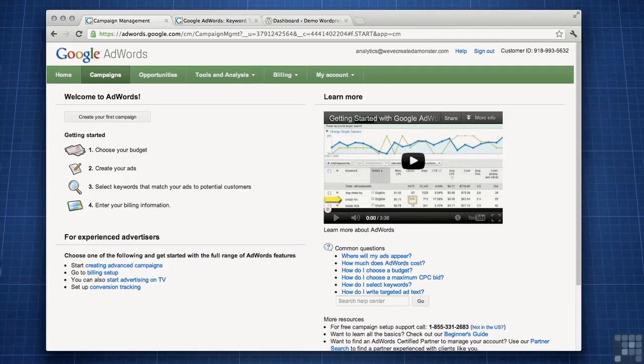This session is called Setting Up Your AdWords Account. And in this session, you're going to learn how you can create a brand new AdWords account so that you can begin bidding on keywords and starting to get some traffic to your site, especially if you don't have any organic rankings yet. So before we get started, AdWords is a fantastic way to send a massive amount of traffic to your site,